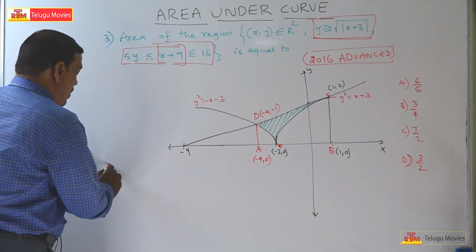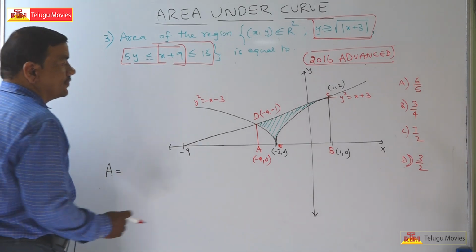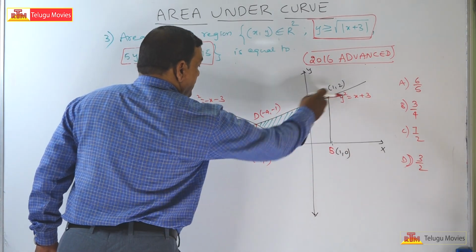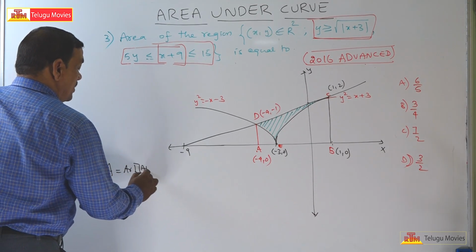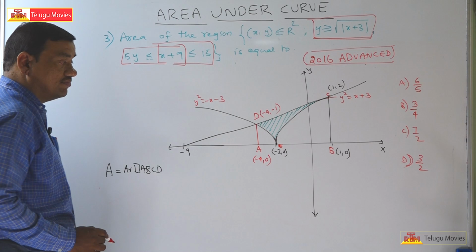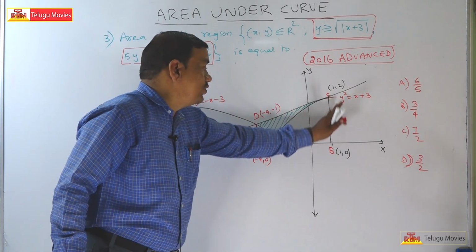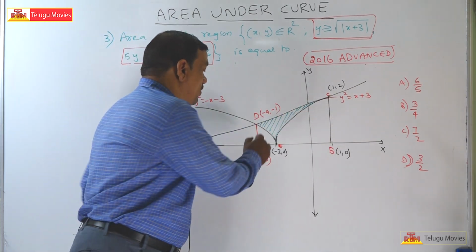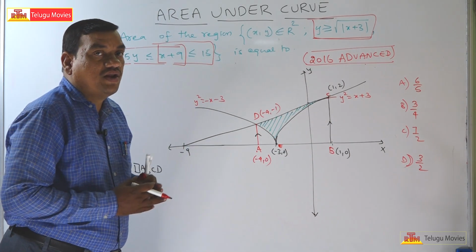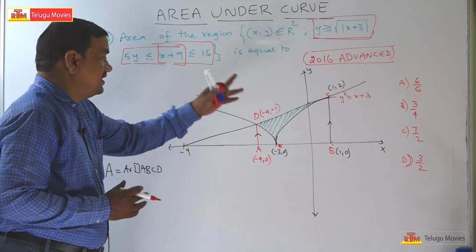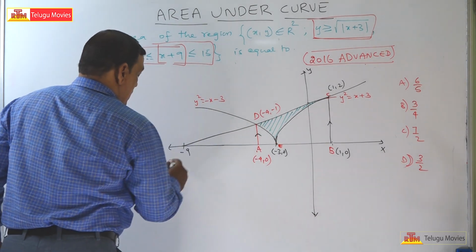Your area of the required region is, first, the area of the trapezium ABCD. That means the total area, the trapezium area. Why? Because these two are parallel lines. One pair of lines are parallel, so ABCD is a trapezium. In this, minus